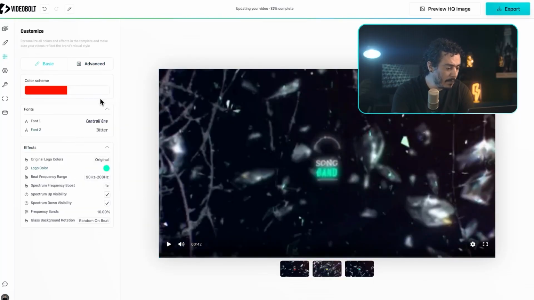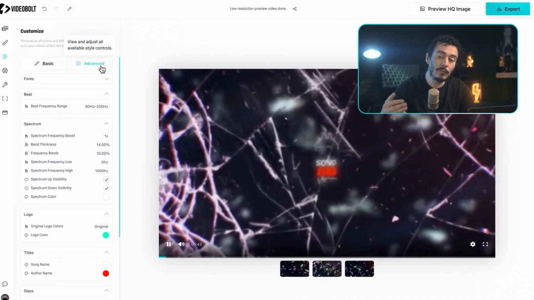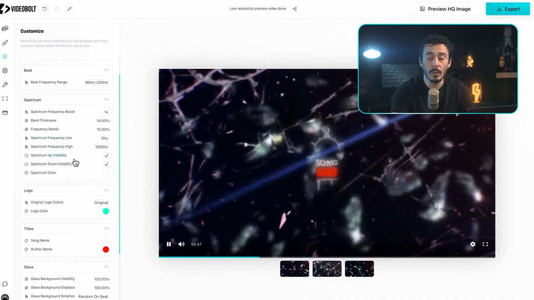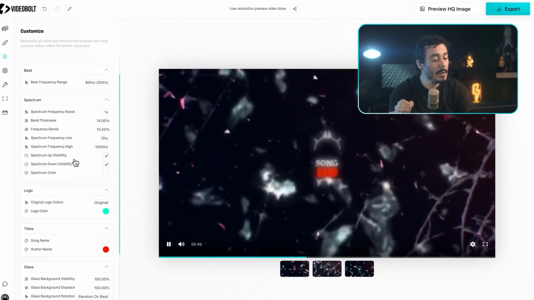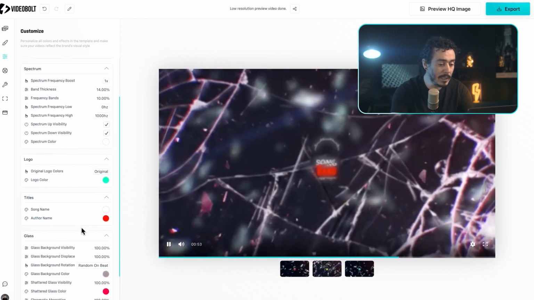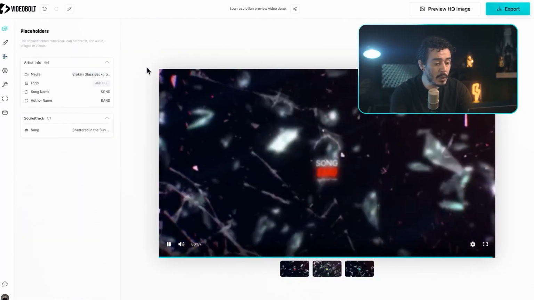You can also play with the effects. At this point, we don't want to do that because it will take us too long. And if you know what you're looking for, and you know exactly what this will do and aren't that picky about it, you can always do that. You can see how the red is already taking over the template. And that's it, basically. Those are the things that you can do with this